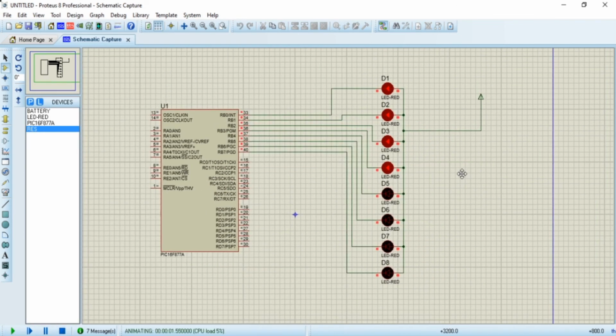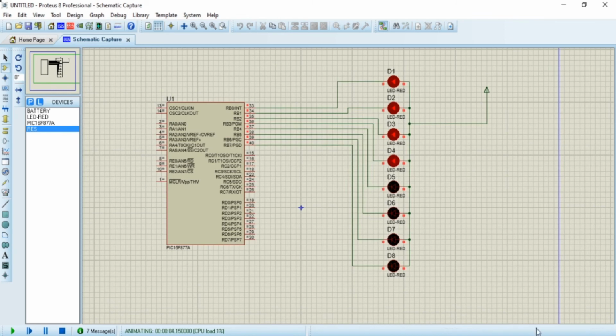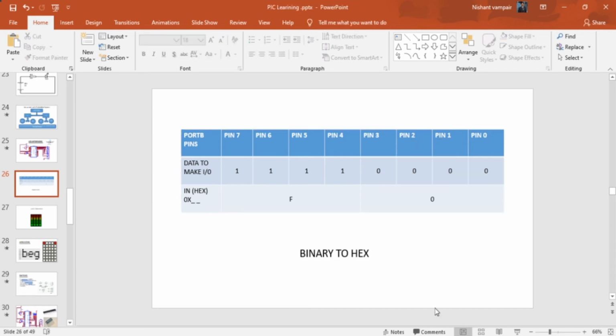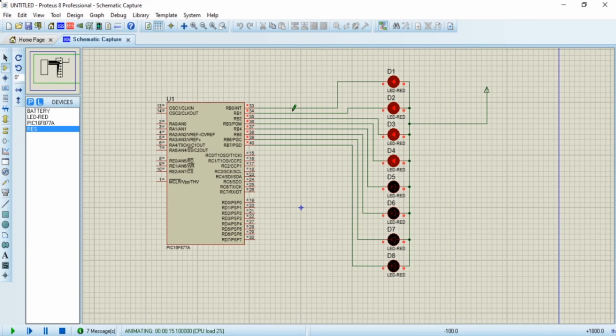Now you can see only 4 LEDs turned on and the other 4 LEDs turned off. Why is that so? Because we are providing data 1 on pins 4, 5, 6, 7 and data 0 on pins 0 to 3. Where we get data 0, those LEDs turn on. Where we get data 1, those LEDs turn off.